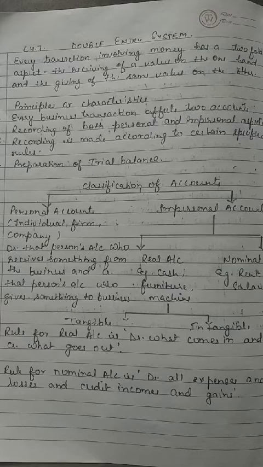Because when we will be doing the journal entries, we will be doing the journal entries on the basis of double entry system, and what are the rules for that particular amount or for that particular thing that we are dealing with. We are dealing with cash, or goodwill, or rent or salaries or any fixed asset. It can be furniture or machinery. So the basic thing, we need to know is what will be debited and what will be credited according to double entry system. So you can prepare the notes of this chapter and you can classify them accordingly, like the chart I have also prepared.